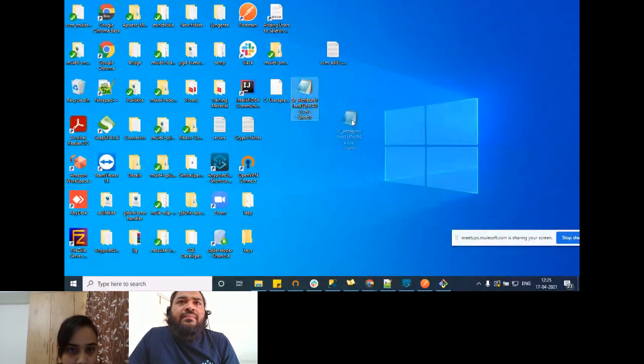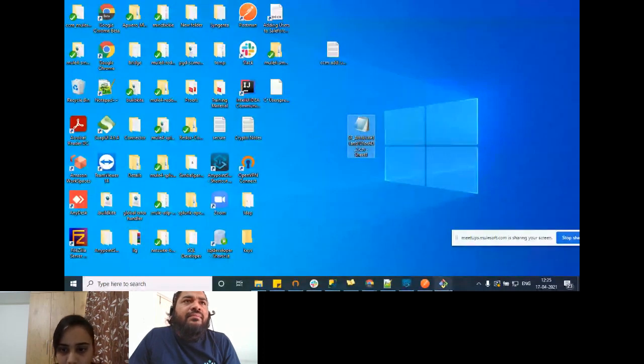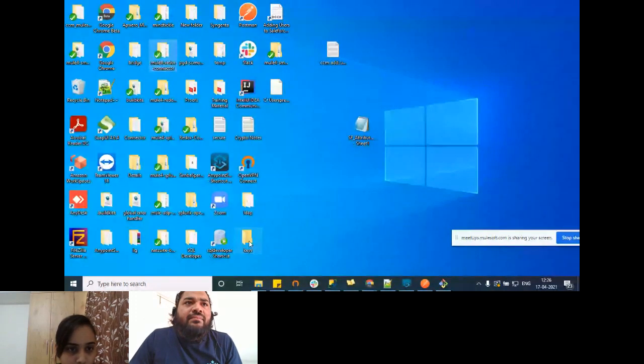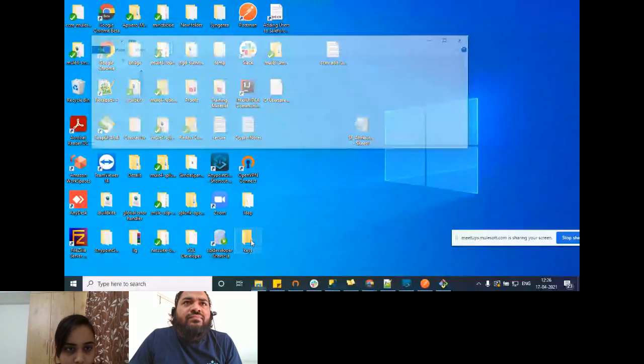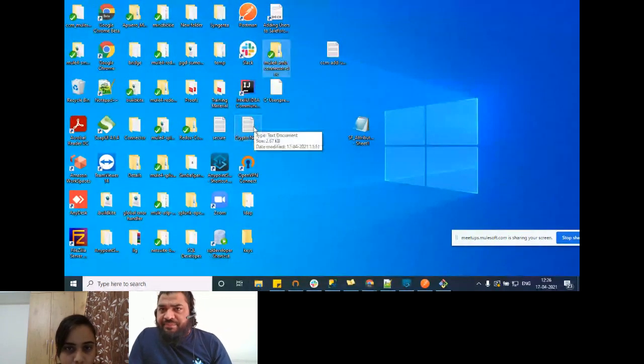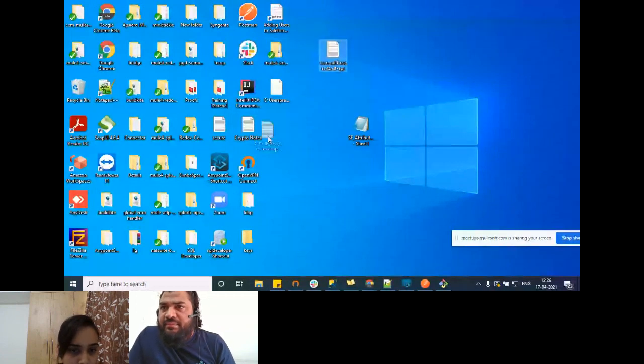Where is it generated, and what was the name which I've given? Mule public. The path is desktop only, right?